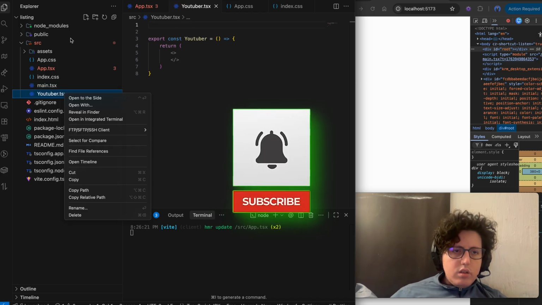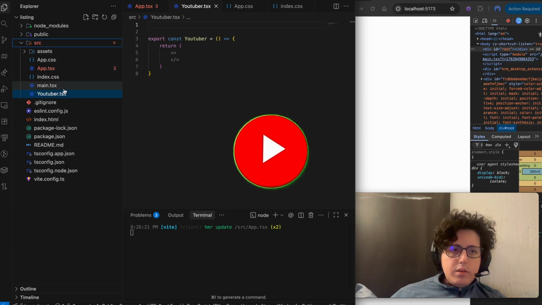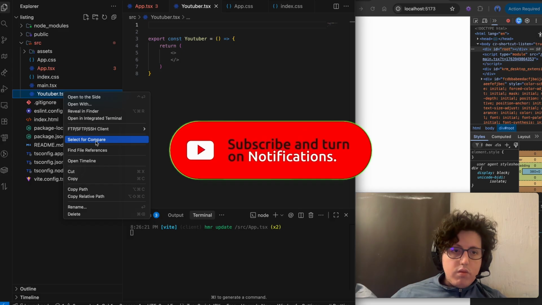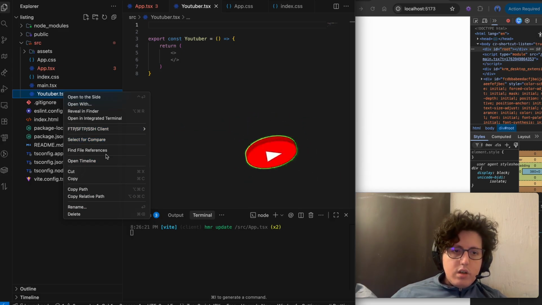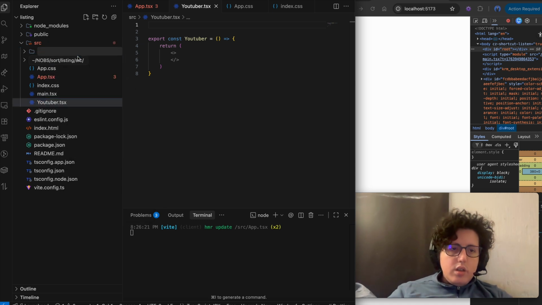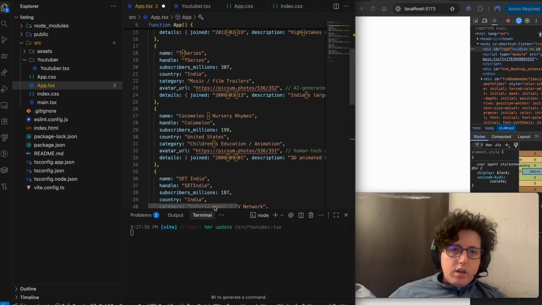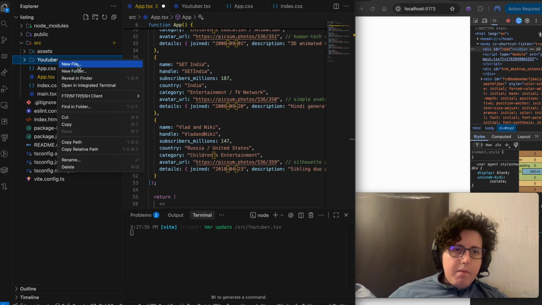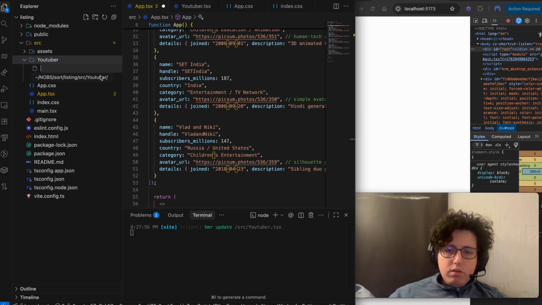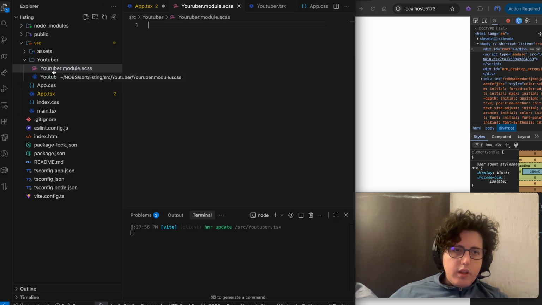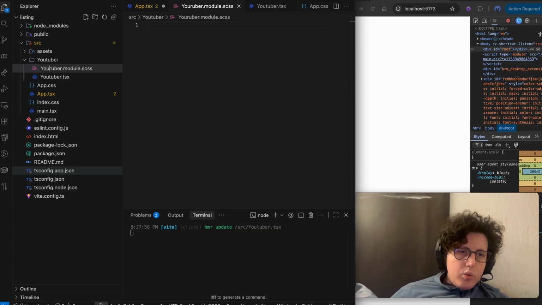So let's create, by the way, this is a very bad practice. If you have a component, it needs its own folder. So let's give it a folder. Let's give it a folder on CRT. It's going to be YouTuber, the component YouTuber, and goes there. It will update the import. And here we're going to have a super CSS file, and it's going to be a module, and you're going to see why. So YouTuber.module.css. I think I wrote it wrong. YouTuber,